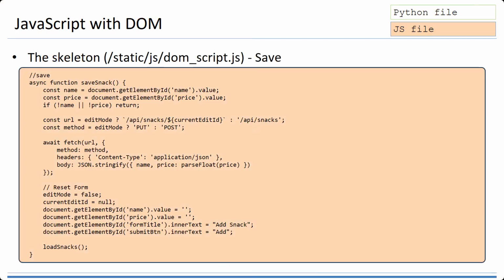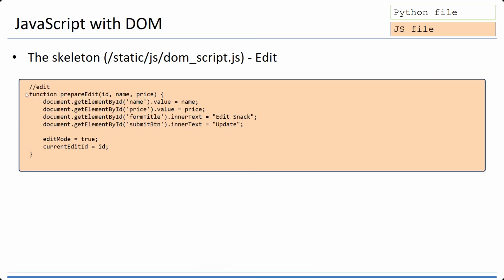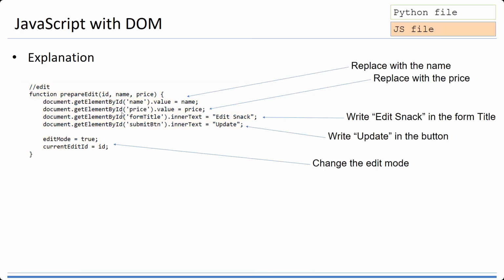So if you look at also the table, like this one, okay. So you also need to have a lot of, yeah, like this one, but this is still easy. Okay, this is still easy. However, if you prepare like this one, document get element by ID, document dot get element by ID. So if there are a lot of ID, it will be a tedious job. So that's why jQuery